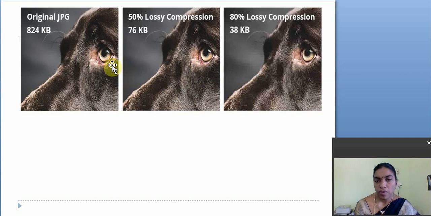So there is a difference, but here we can get this image with 38 kilobytes of memory. In this way, we can save the memory, that means the storage, and also data.